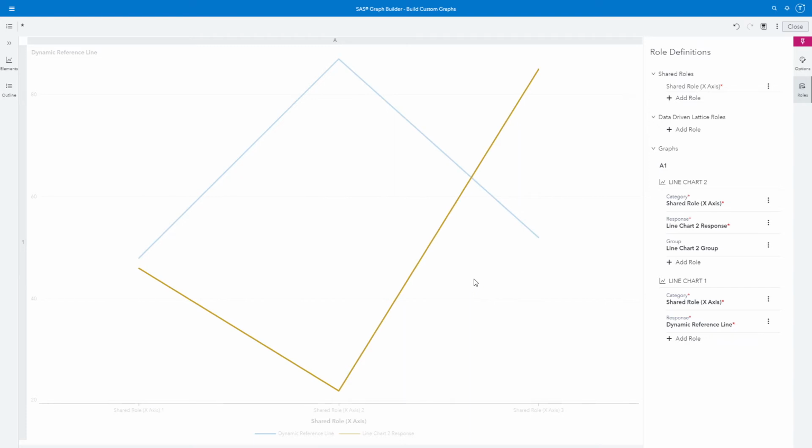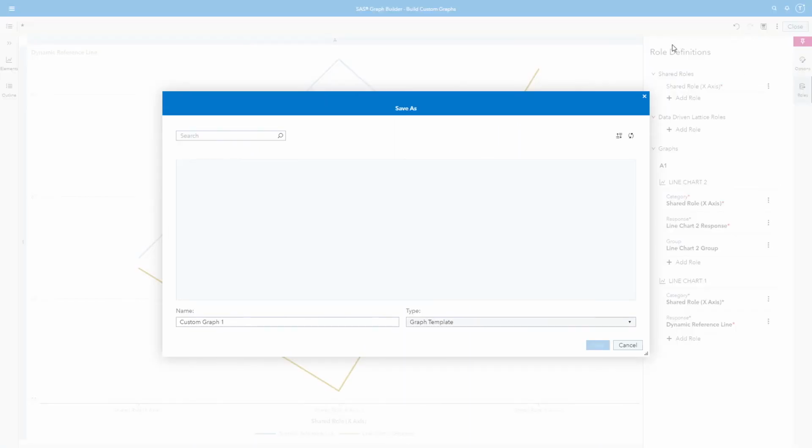Before we go any further, I'm going to go ahead and save this graph template. This is where you want to select a location that is available for all users if you want those users to have the ability to import this template into their objects pane. For this particular purpose, I'm just going to save it in the My Folder location. I'm going to give it a meaningful name